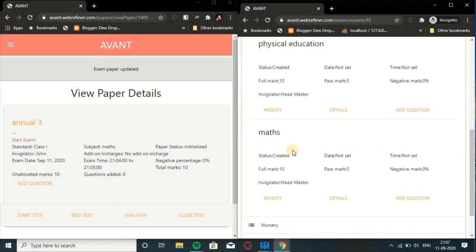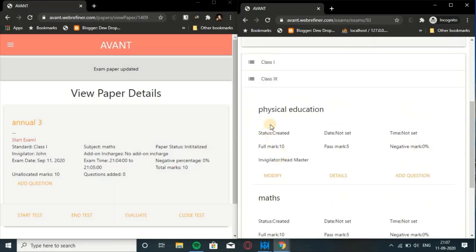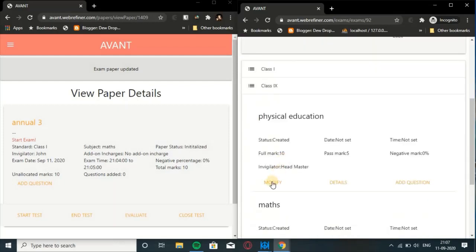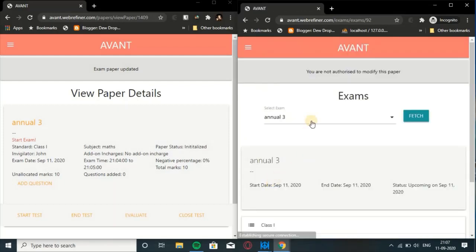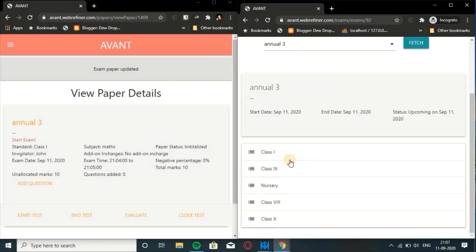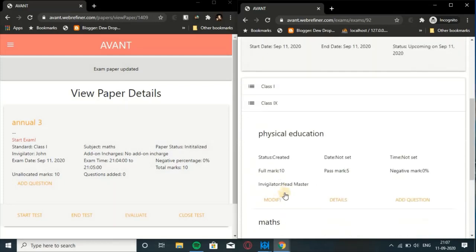So I'll just show you one thing, that John cannot modify a paper that is not assigned to him, because he's not the authorized person to modify this paper. The headmaster is the invigilator for this paper.